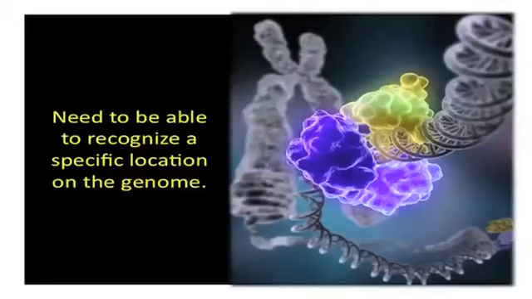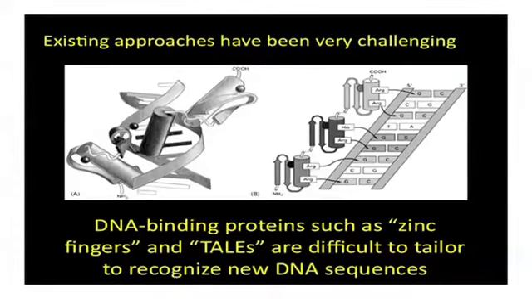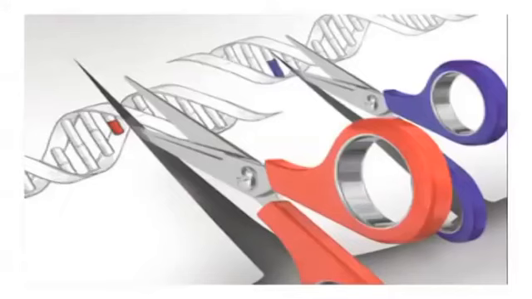We don't have a search and replace function. And so what we need is to develop a new way to actually search for that error and then replace it. And so it turns out that nature has evolved these kinds of tools, the search and replace function. And that is called a DNA binding protein. And so this is a small protein that can go into the genome and then based on the sequence, latch onto the exact location that you want to latch onto. And so with this DNA binding protein, then you can build scissors that can literally cut and paste within the